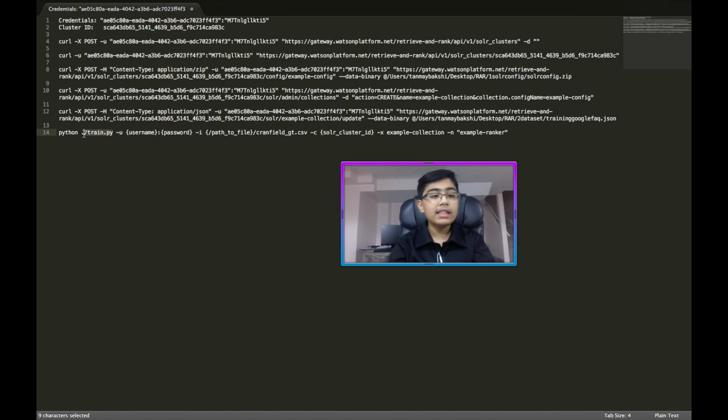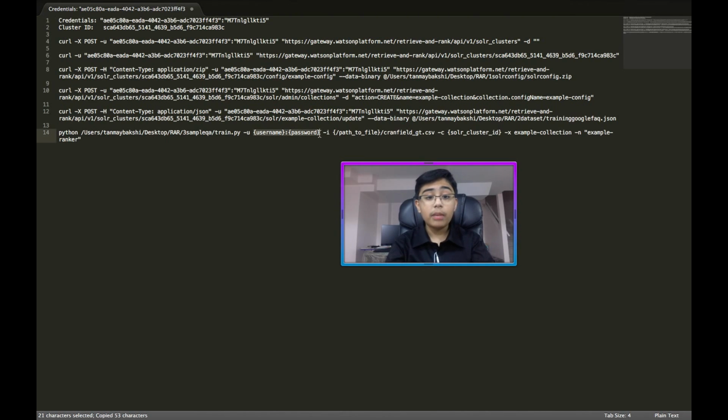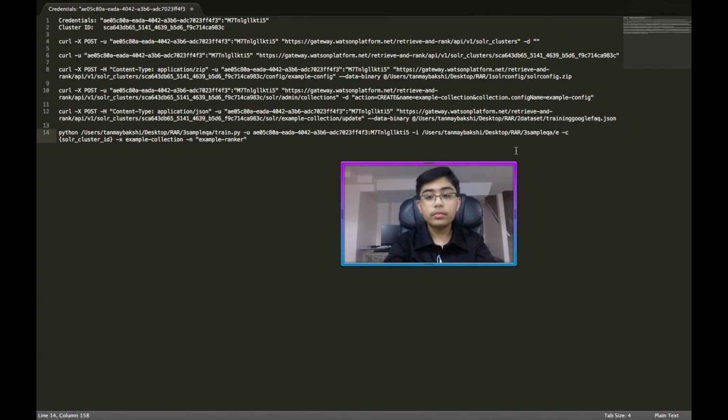Now I'm going to point towards the custom train.py that I created. So this is at users tanmay bakshi desktop /rar/3 sample QA /train.py. Okay, then I'm going to copy my credentials. However, there's a twist this time. You want to copy it in, but then remove the quotes from it. Okay. Then you're going to point to your CSV file, which is quite easy. So I'm just going to copy the training and point it towards examples Google FAQ .csv. Okay, then I'm going to copy the SOLR cluster ID, paste it in,